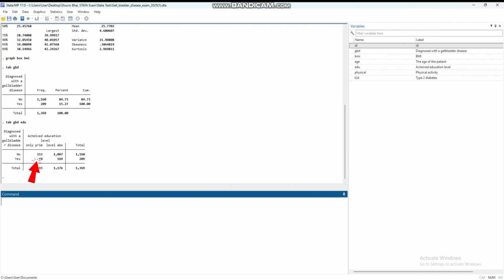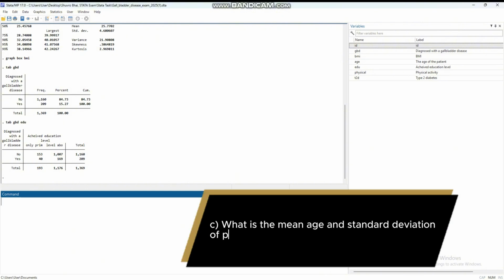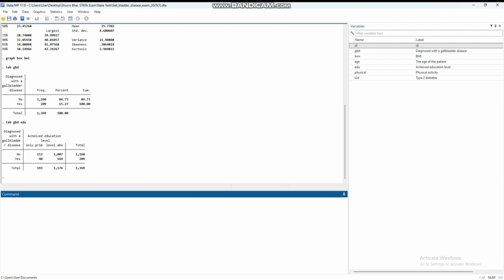Okay, 40 people who basically have only primary education, and they are patients of the disease. Okay, the third question was, what is the mean age and standard deviation of participants without gallbladder diseases. Okay, gallbladder diseases. So for this code, first of all